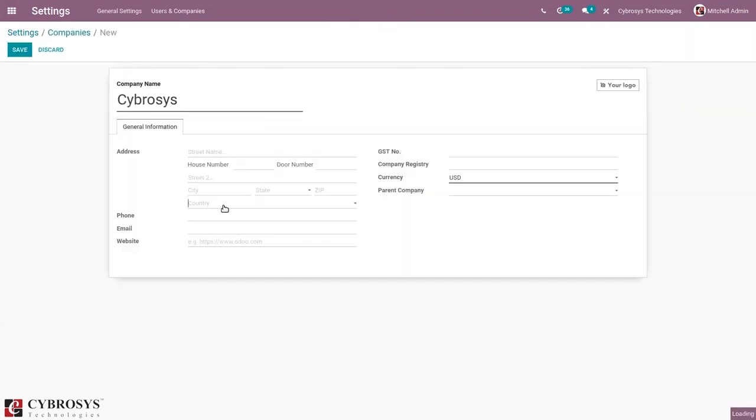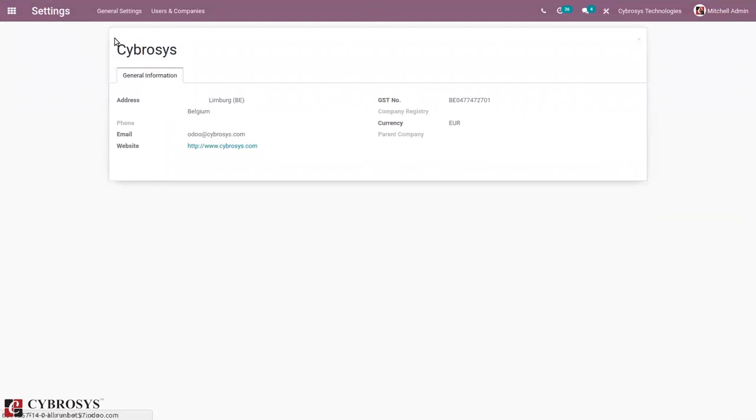And we can set the country as Belgium. And you can add email and website details. So we have to save this. Now we have configured the company details.